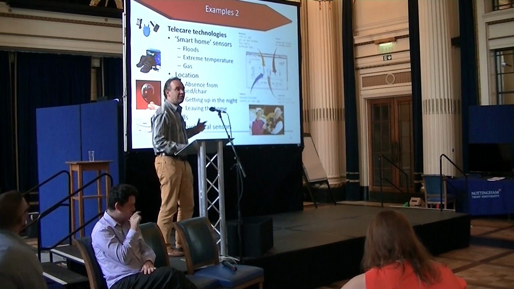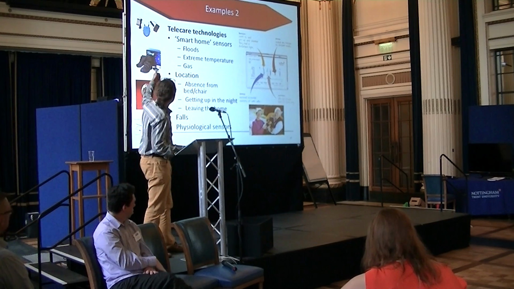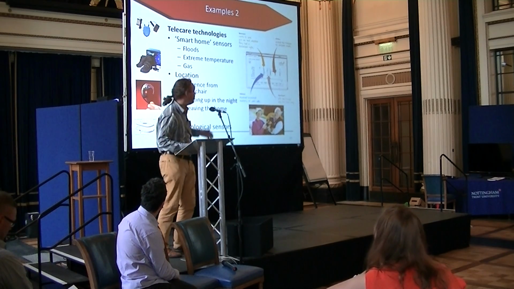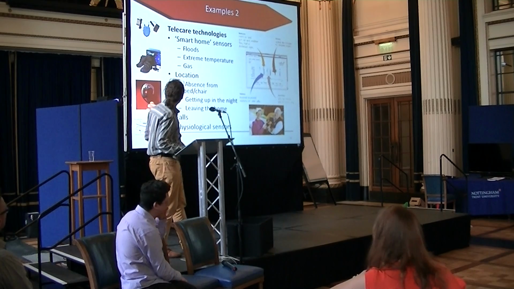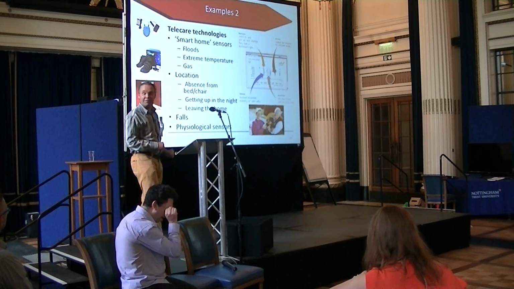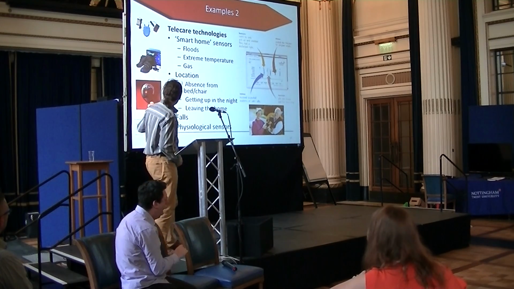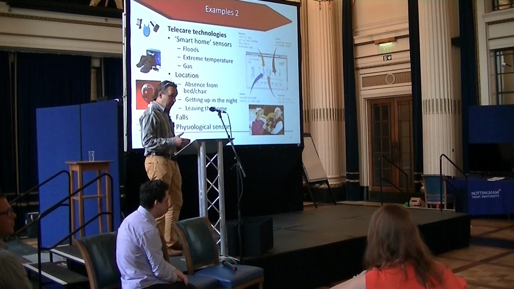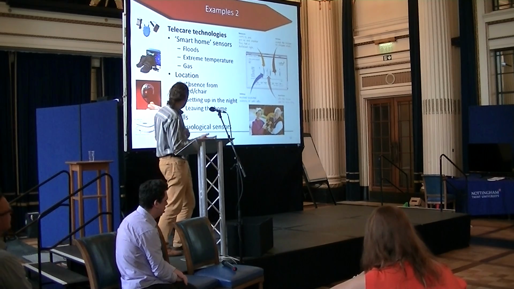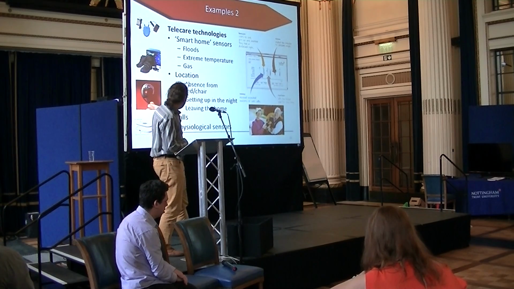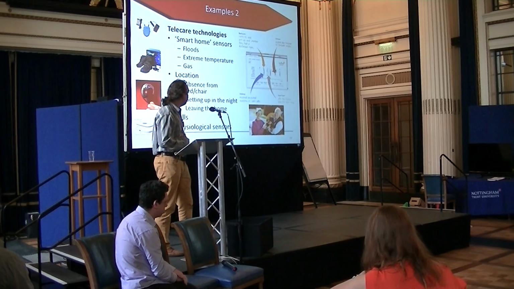Okay, and then this is the conventional telecare. So you've got all these sensors, something that might tell you if you've filled the bath up and you don't want it to overflow. So there's a flood sensor there. You've got GPS sensors. This was an example where the GPS sensor is actually built into the trainers. You've got various other devices, things that can help you to detect whether you've got up from the bed or chair. I've already mentioned those. You heard about falls earlier, and other physiological sensors could be useful.